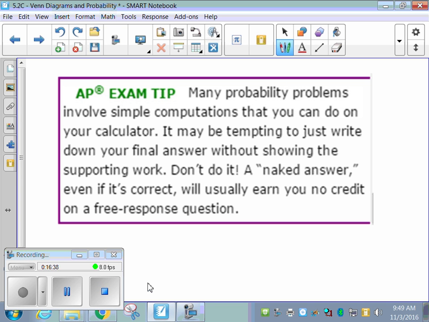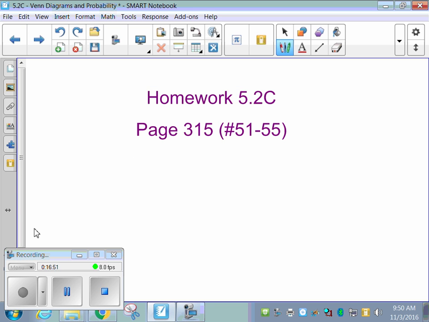So yeah, sometimes you have simple calculations, you guys. Just make sure you're showing work, even with that general addition rule, where you could look at the Venn diagram pretty easily. I want you to make sure you show work. You lose points if you just put a decimal answer on anything. So that's